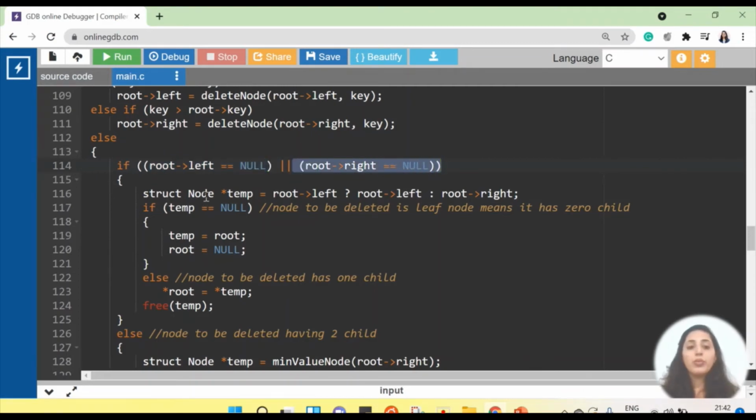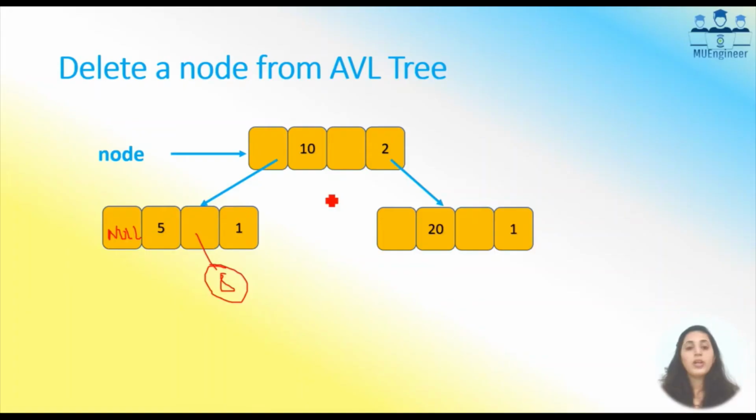Then we are taking a temporary variable, and the temporary variable will have which value? This is the ternary condition. We are checking if root left is having some value. That means जो हम लोग को delete करना है उसको root ने point करके रखा है. So the node 5 के left में कुछ है क्या?